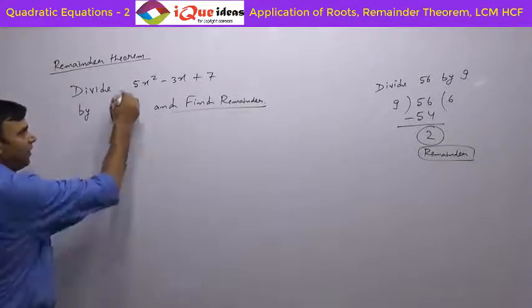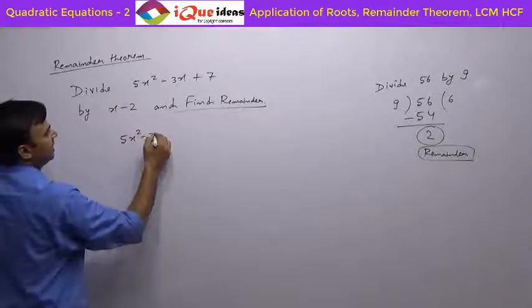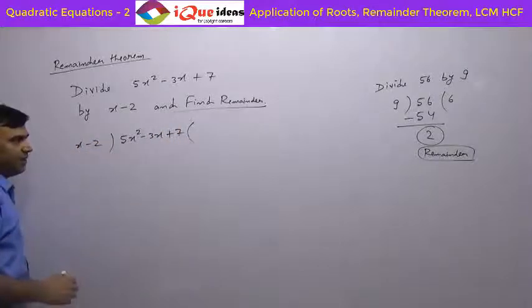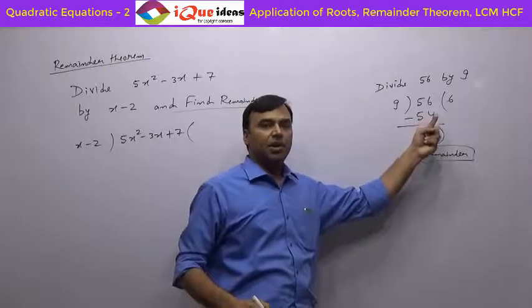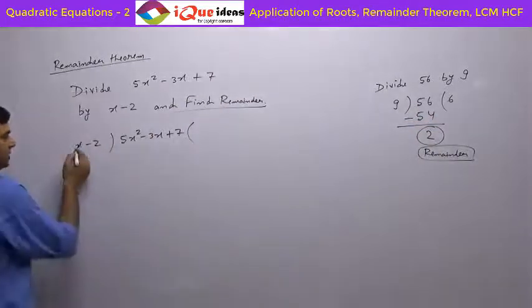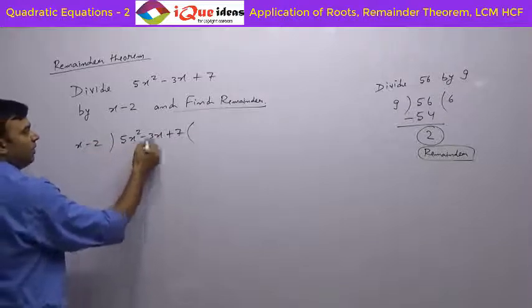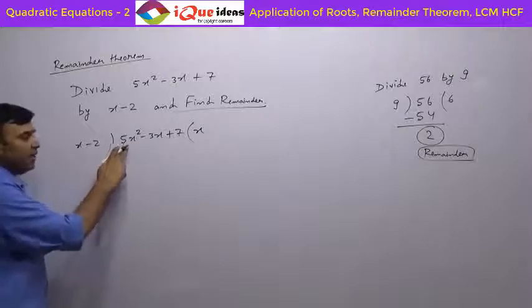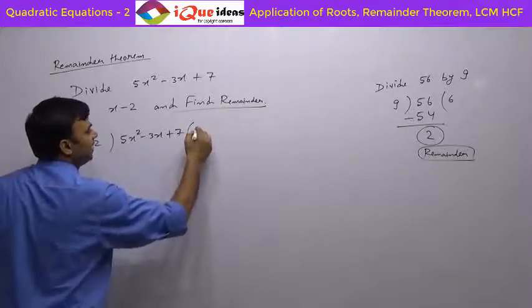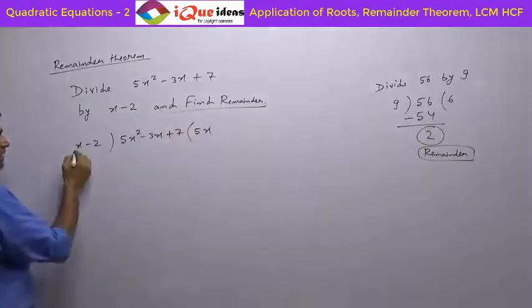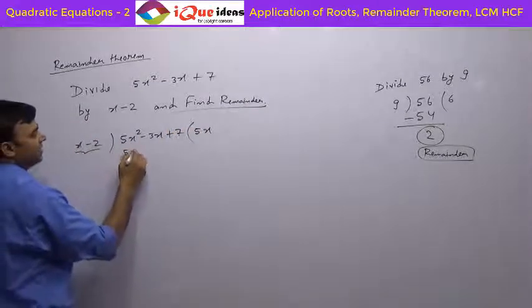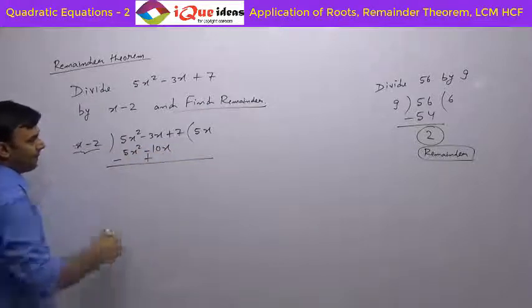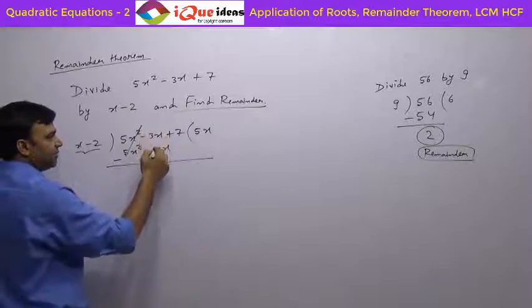Let's see. So here one method is we write 5x square minus 3x plus 7, okay, and we divide it by x minus 2. So one by one, here the way we did the maximum multiple, here we look at the maximum degree. Here the maximum degree is x raised to 1, here it is x square, so multiply by x. But only multiplication of x will give us x square, so that will not help. So multiply by 5x. Now 5x multiplied to this whole thing will give us 5x square minus 10x, and then subtract. So this becomes minus, this becomes plus. 5x square gets cancelled. Minus 3x plus 10x is 7x